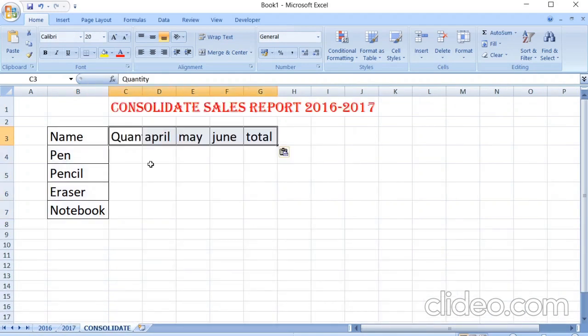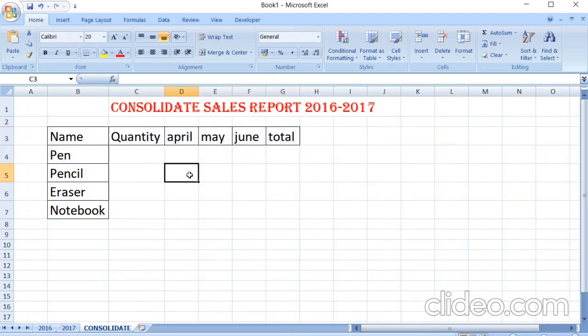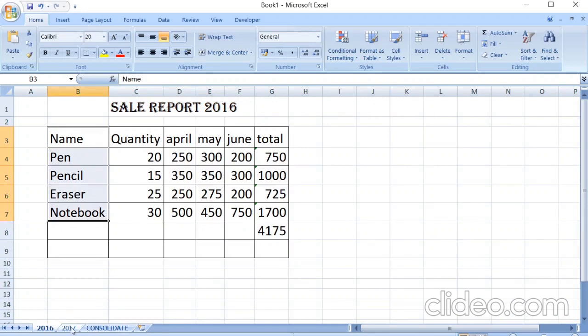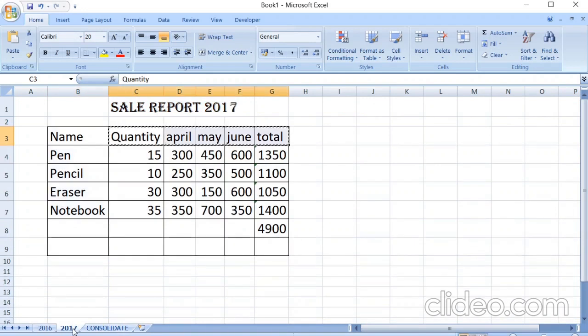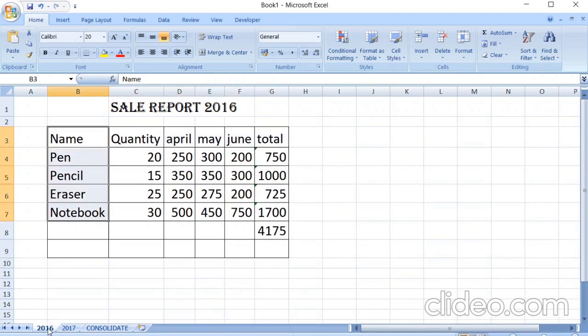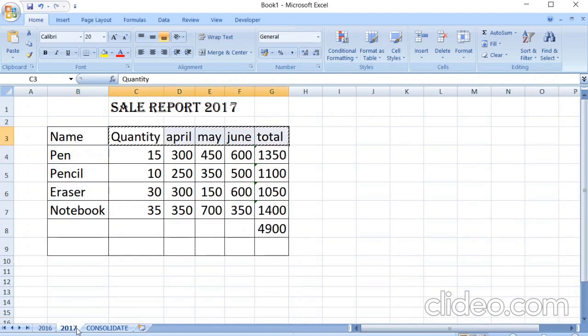In spite of writing, I am just pasting it so that it will be same. Now, here I need to put the formula. Because in 16 I am having different quantities, in 17 I am having different quantities, in 16 different sales, in 17 different sales. Now consolidate means I am doing total of both the sheets.